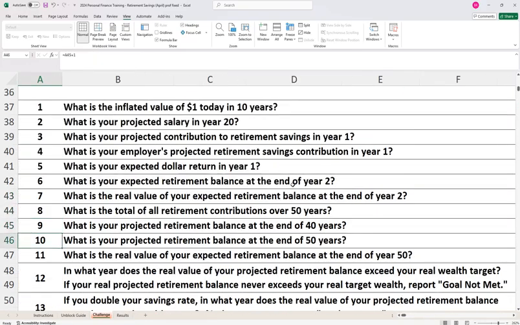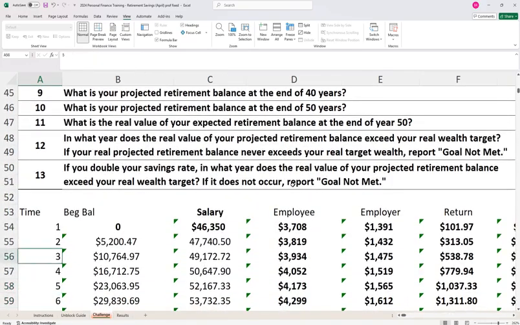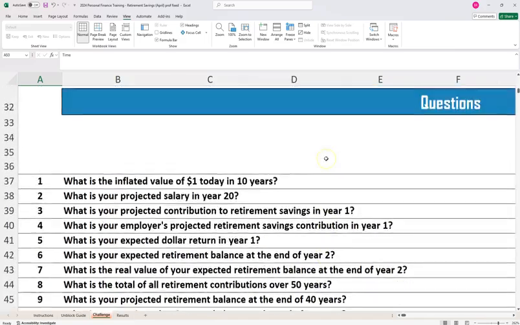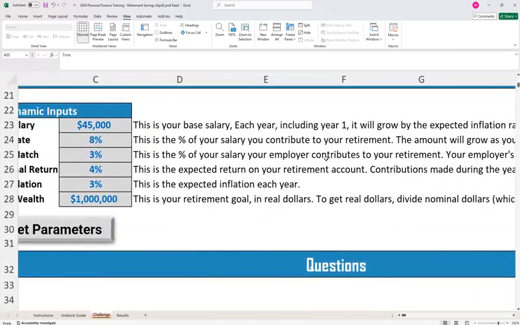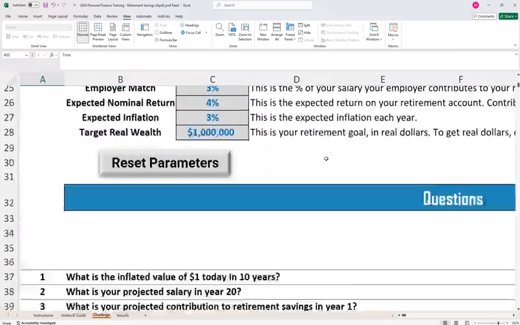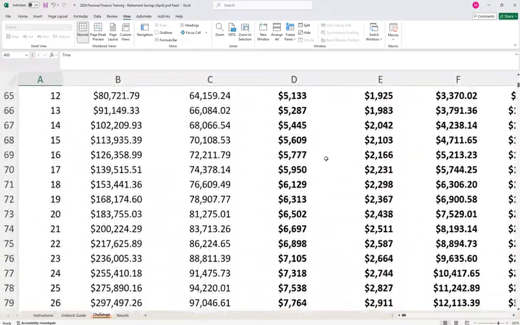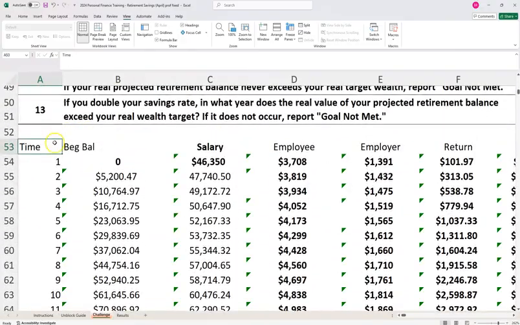So to do that, what I did down here below is I put in time, and this goes to, the problem says it can go up, or it's supposed to go up to 50 years, and that's what the questions go to. So put time 1 through 50. So I'll just retype some of these here. So time 1, 2, highlight those, and then send it down